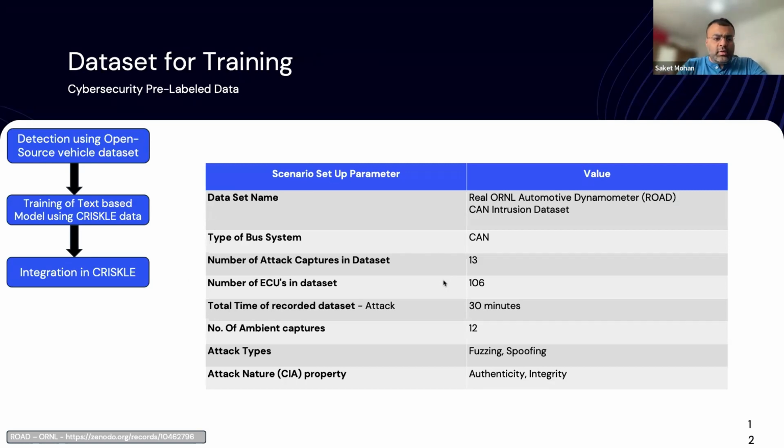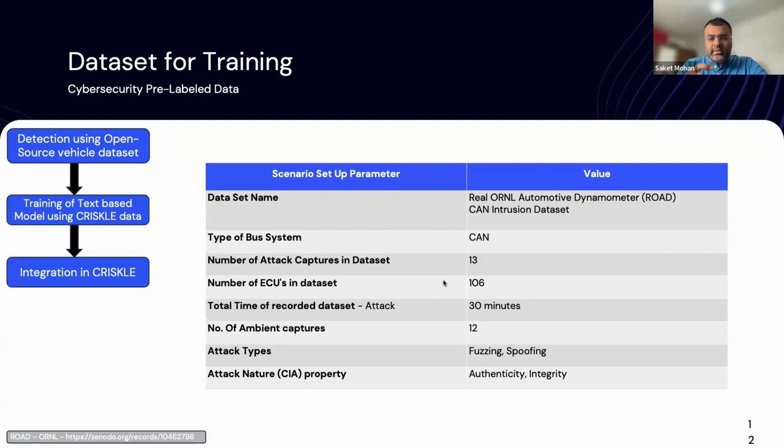Its name is called ROAD. It's the automotive dynamometer based data set, mainly on CAN. It's a CAN data set consisting of 13 different runs, with more than 100 ECUs. It's a 30 minute dedicated recording, and it has many different types of attacks, but we mainly focused on